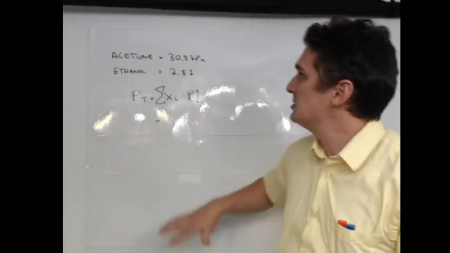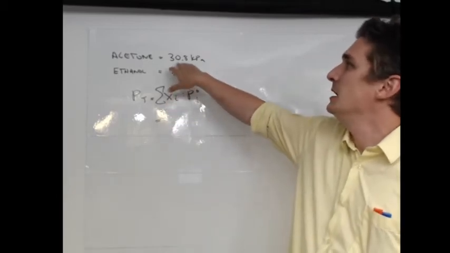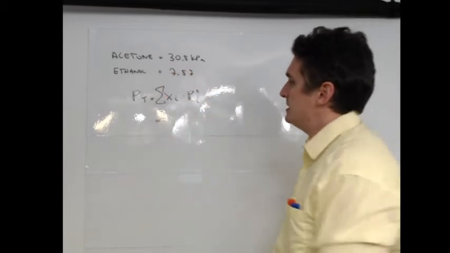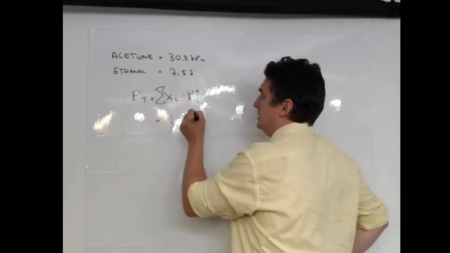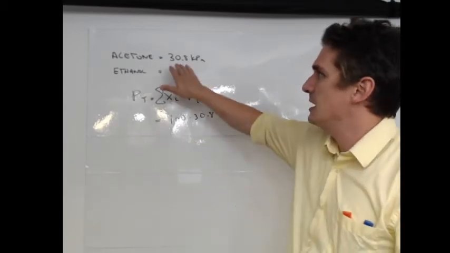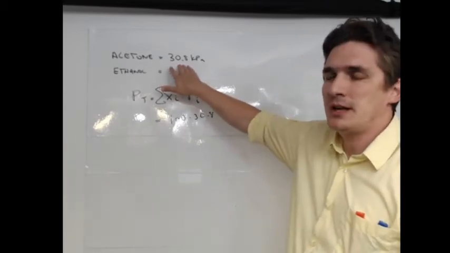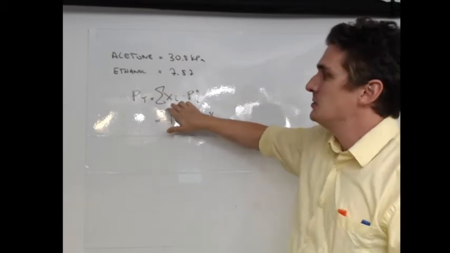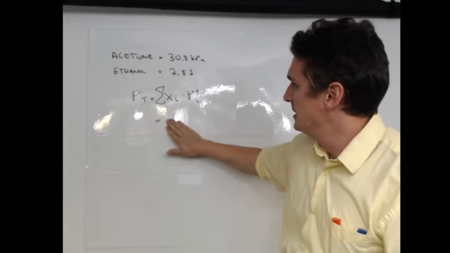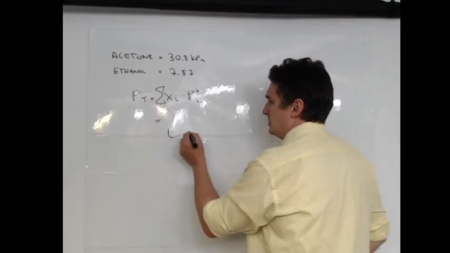So let's say I had a mixture that was 100% acetone. It should have a vapor pressure of 30.8 kPa. So if I say X is 100 times 30.8, that would mean a pure mixture of acetone would have a vapor pressure of 3080 kPa. So the mole fractions here are not in percents, they're actually in just normal integers. So for the acetone component,